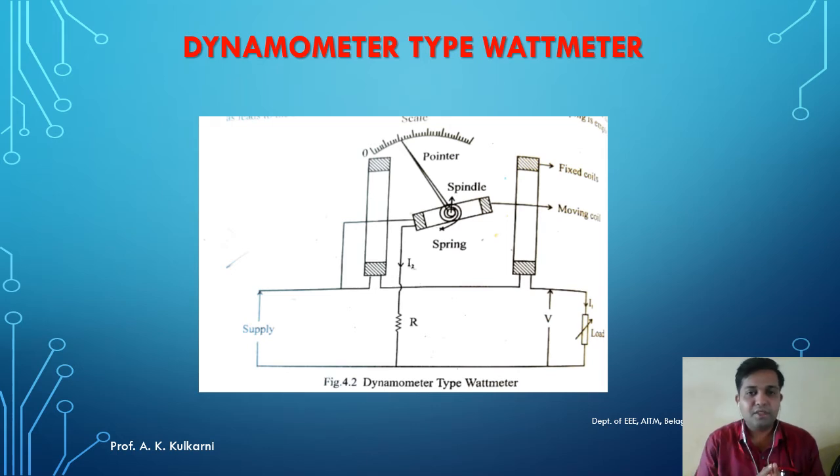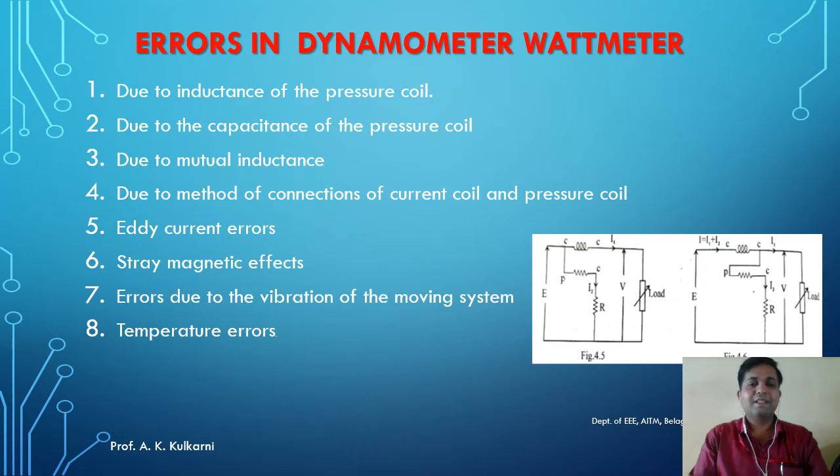Hope the working principle of this dynamometer is clear. Moreover, the working of this dynamometer type wattmeter will not be in your syllabus, so this is for your reference purpose. I am going to explain it. Is it clear? Okay. So now let us see the various errors which occur in the dynamometer